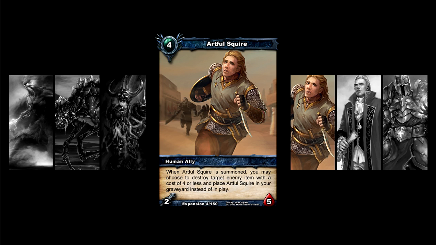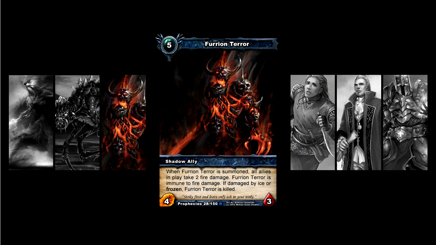The Fury and Terror. 5 cost means he's going to be a late game card. I don't see him really fitting well into any particular deck. I can sort of see maybe Shadow Warrior decks using him to an extent, or if you're anticipating Molten Destroyers, Supernovas, Fireballs, stuff like that, he might make a presence, although the fact that he only has 3 life kind